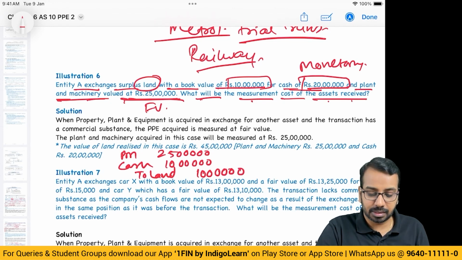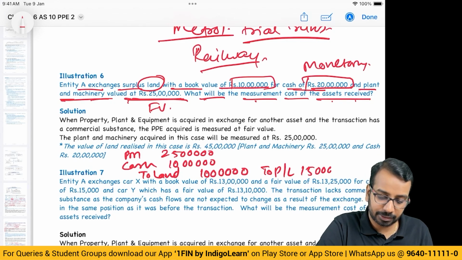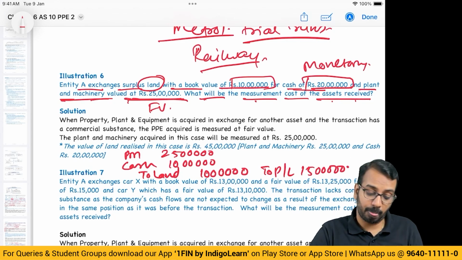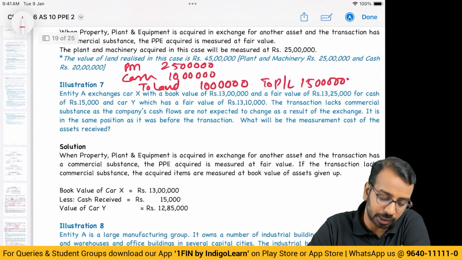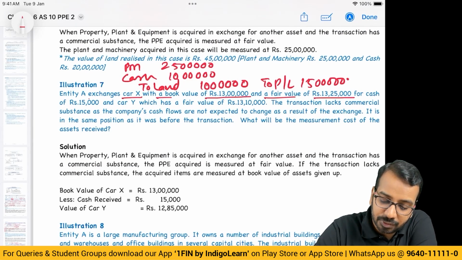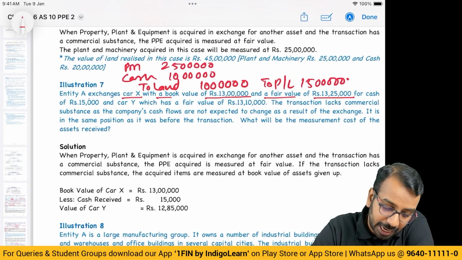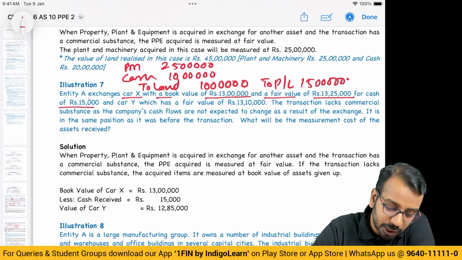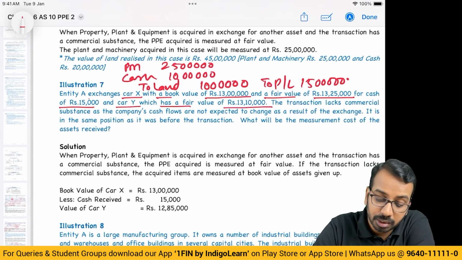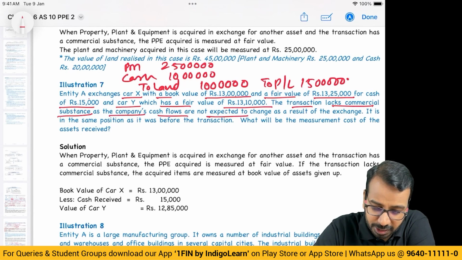Right? And the difference to P&L is 15 lakhs. That is the gain on sale. Here, this will make it clearer. Entity A exchanges car X with a book value of 13 lakhs and a fair value of 13 lakhs 25,000, for cash of rupees 15,000 and car Y, which has a fair value of 13 lakhs 10,000. The transaction lacks commercial substance as the company's cash flows are not expected to change